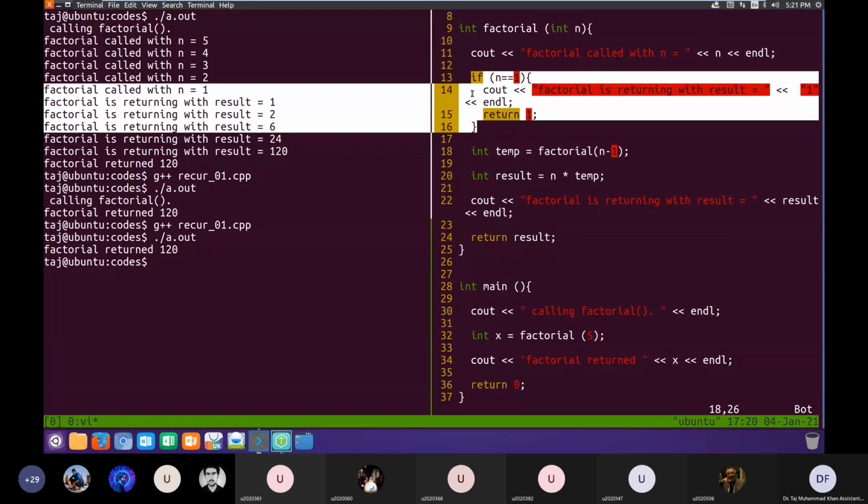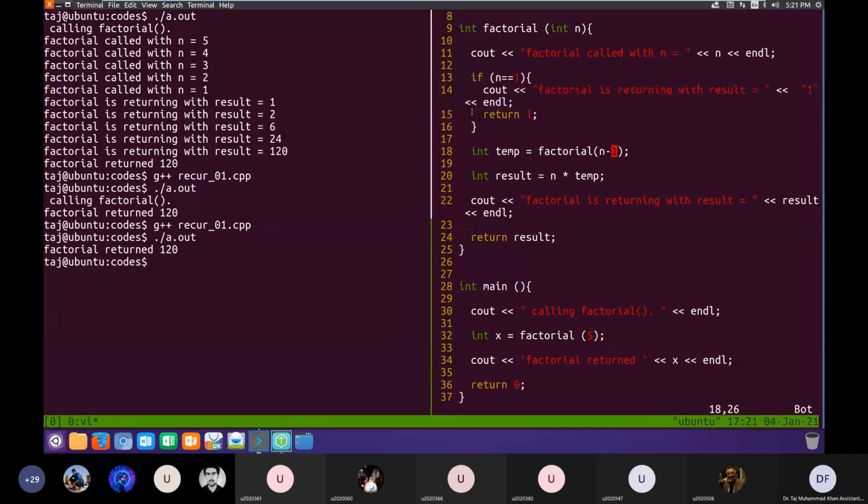If factorial 1 is called, then there is no need to continue recursion further; rather, factorial 1 is equal to 1, so we return 1 directly. This is one key aspect of recursion: for recursion to succeed, every call to itself should be on a reduced version of the problem.